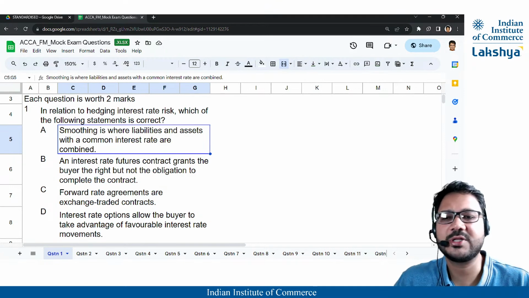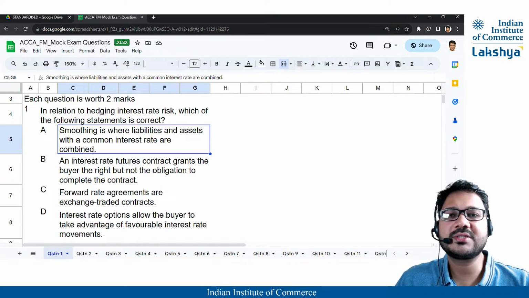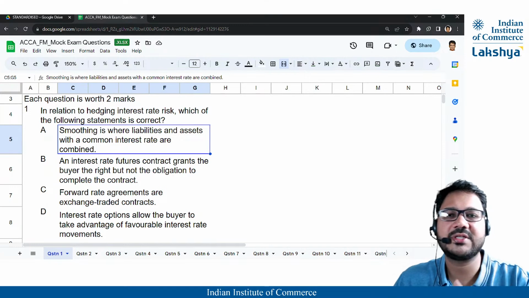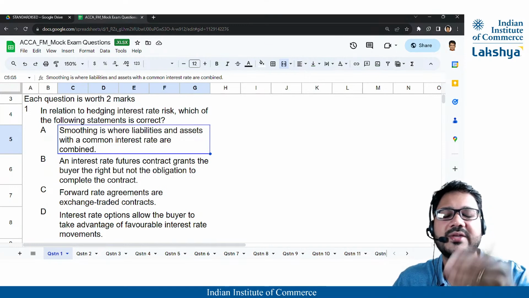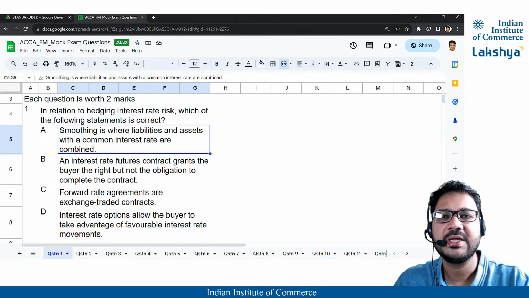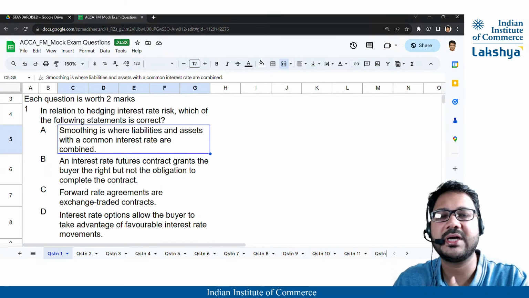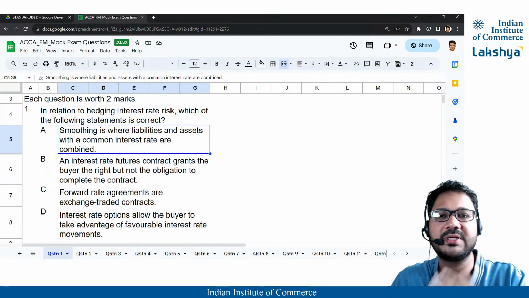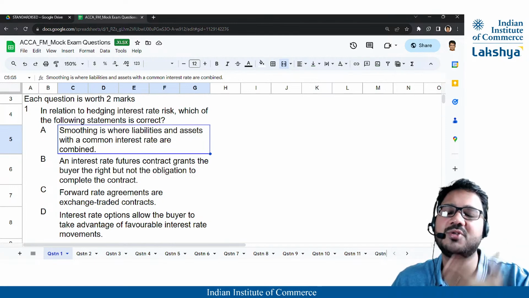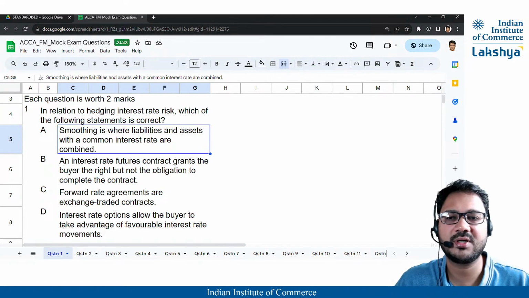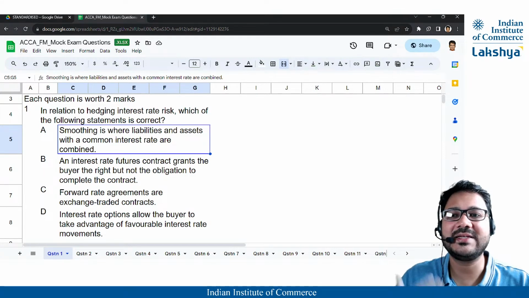Now, for example, this one, smoothing. Smoothing has to do with, say, for example, the central bank needs to hike interest rates. Say it needs to hike interest rates by 1%. It won't all of a sudden just hike interest rate by 1%. It will be done in a very smooth manner. So it will be done like 25 bips every quarter. So over a 1 year period, you would get a 1% hike in interest rate. So it's done slowly and steadily, very smoothly. That's why it's called smoothing.